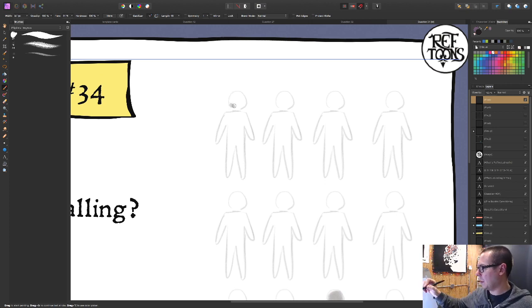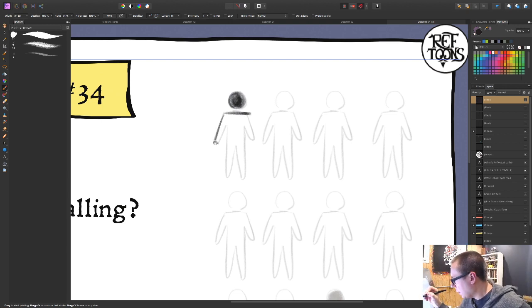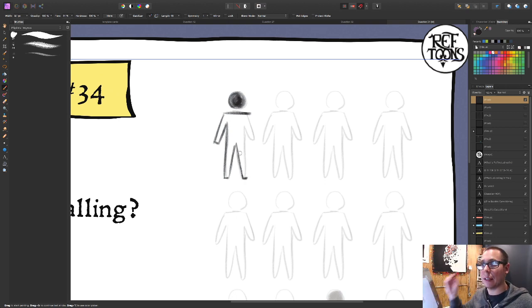I'll do some male and I'll do some female here, just to make it more relatable, because this is actually a lesson from Scott McCloud's Understanding Comics. The less features you have on a face, the more